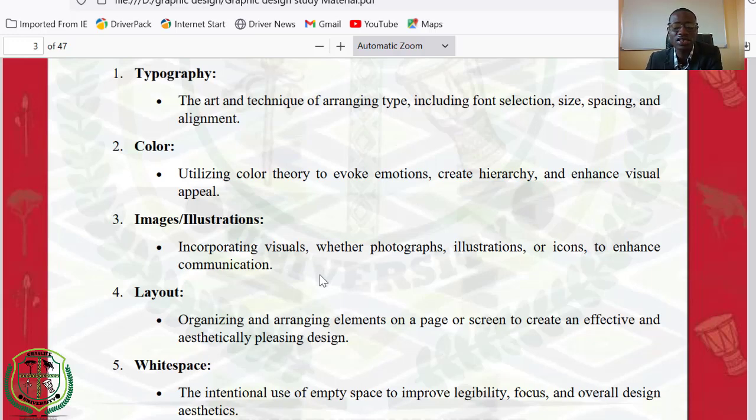It enhances the communication visually. Okay. Then fourth, we've got the layout. Here we're talking about arranging elements on a page or screen to create an effective flow of design. Okay, the design is supposed to flow. So if the design is to flow, you need to have a layout. Okay, plan that this will be there, this will be there, this will be there, just like a